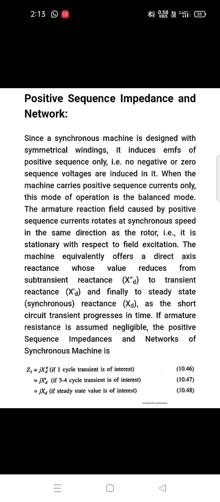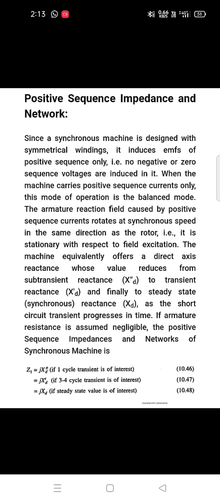Example, it is stationary with respect to field excitation. The machine equivalently offers a direct axis reactance whose value increases from subtransient reactance to transient reactance and finally to steady state reactance. As we already studied about this,